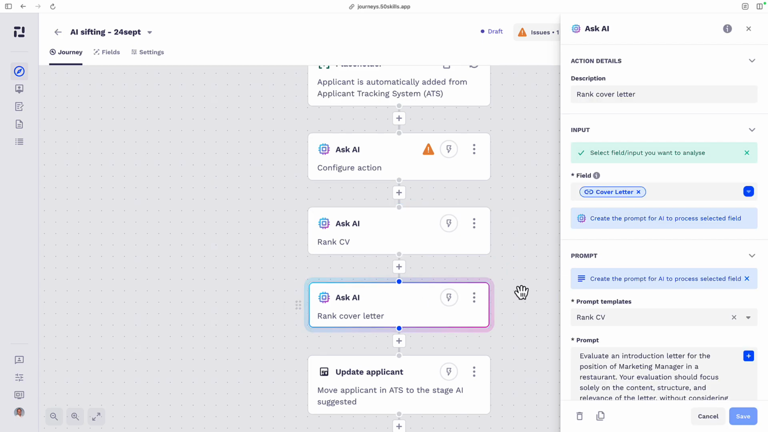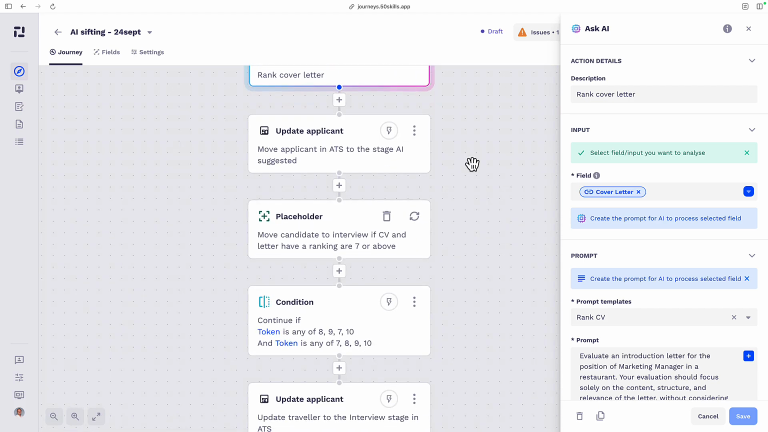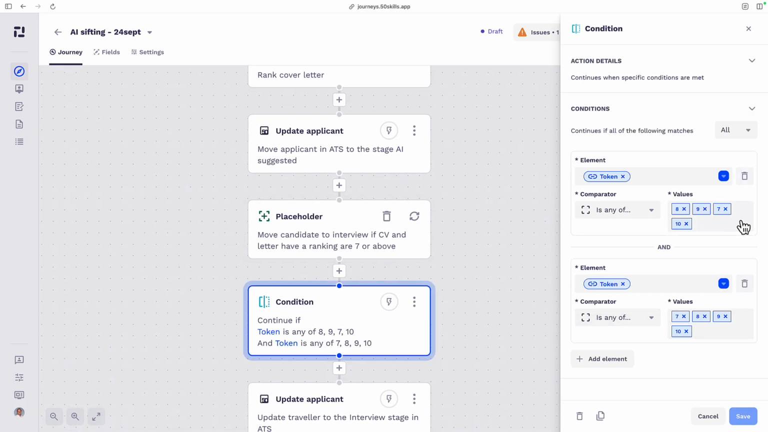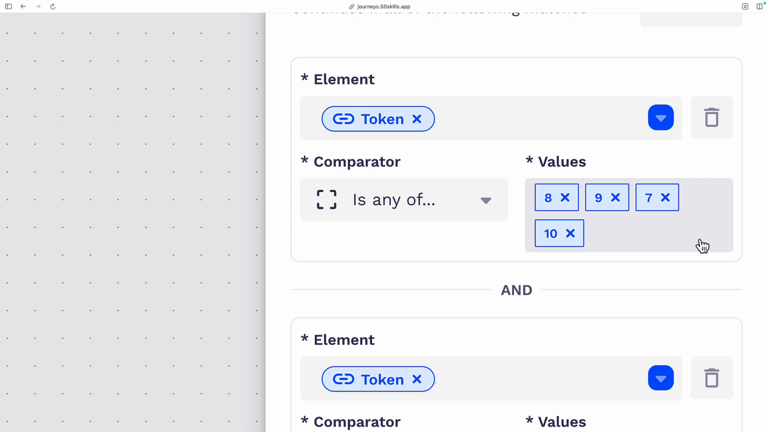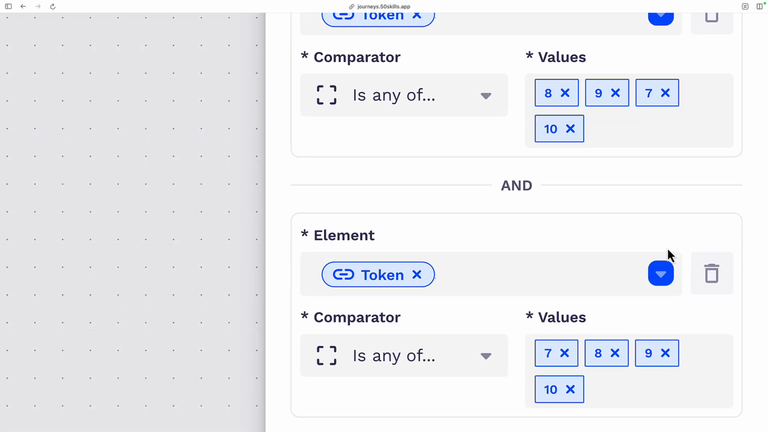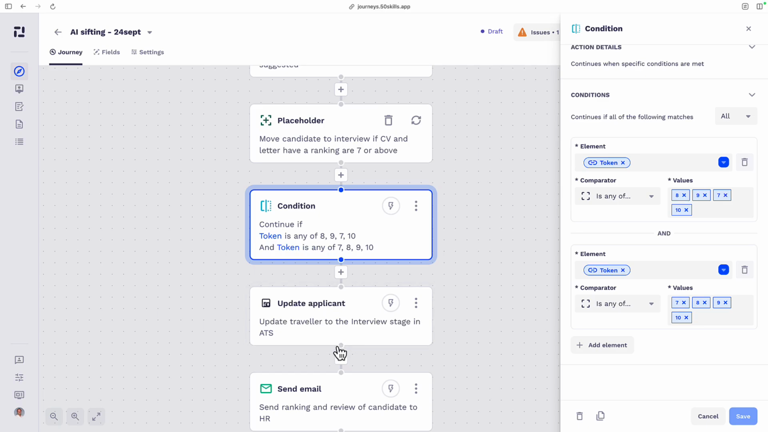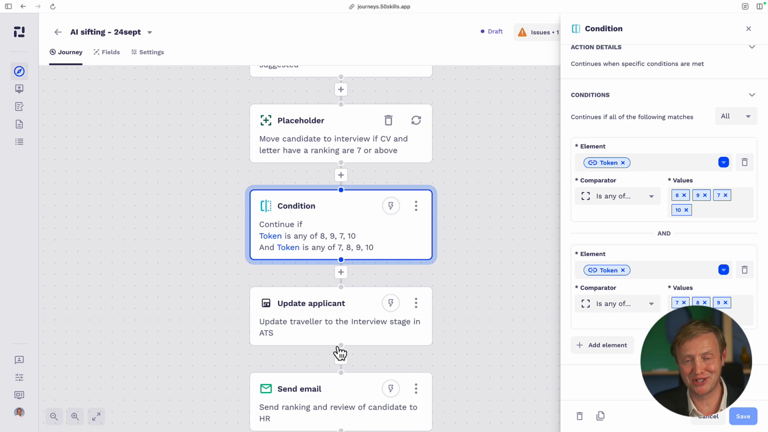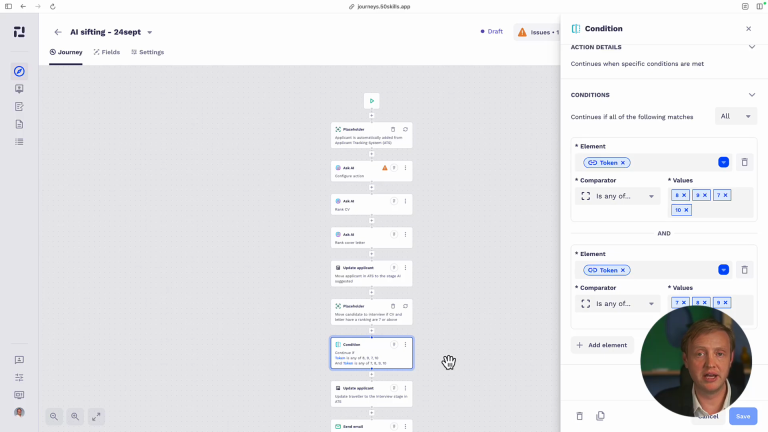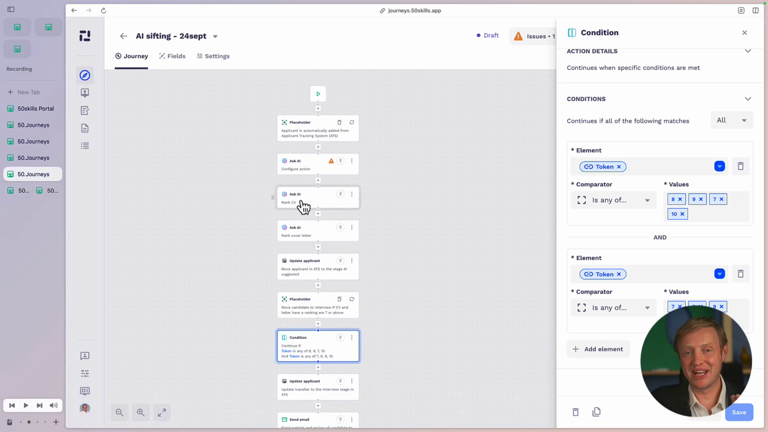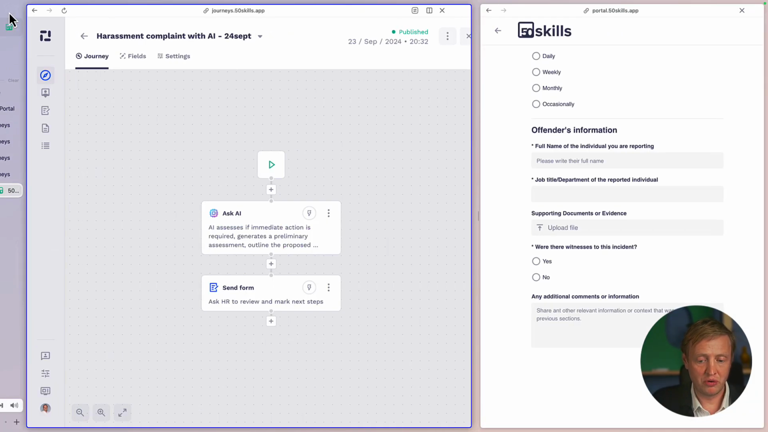You could do the same thing with a cover letter. And you could have a condition that says, look, if this individual receives a rating between 8 to 10 on the CV and 7 to 10 on the cover letter, then automatically progress these people to the next stage in the ATS. You could, of course, build this workflow in a completely different direction and make it do completely different things, but this is just to demonstrate how you can apply AI in different use cases to really add benefits, save time, productivity, etc. Now there's endless use cases here, and if I just open up one more here as an example,